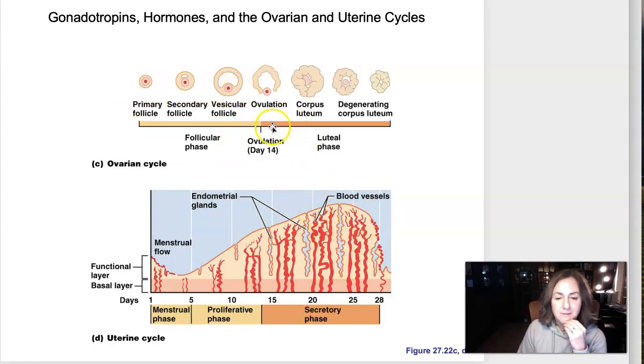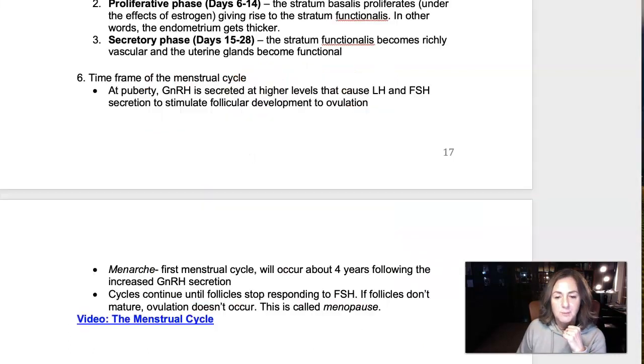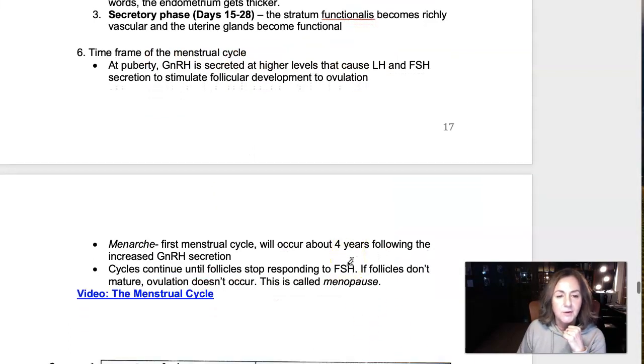The secretory phase of the uterus is coordinated with the luteal phase of the ovary. Okay, all the progesterone coming from the corpus luteum, causing the uterus to become ready for implantation. So I hope those images help, and I'm just going to quickly go back to the notes